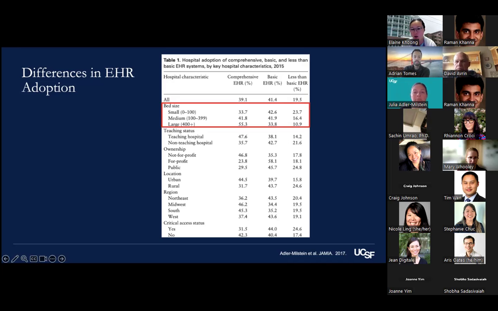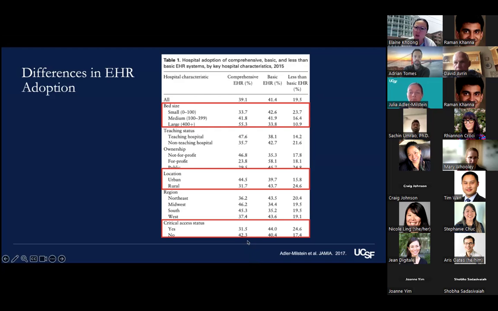It's certainly higher adoption of comprehensive EHRs in large hospitals compared to small hospitals, and in urban ones compared to rural ones. But for the purposes of this talk, I want to highlight the critical access status here, as a proxy for safety net hospitals. If they were a critical access hospital, they're more likely to have a less than basic EHR, and less likely to have a comprehensive EHR. And specifically, going into performance reporting,